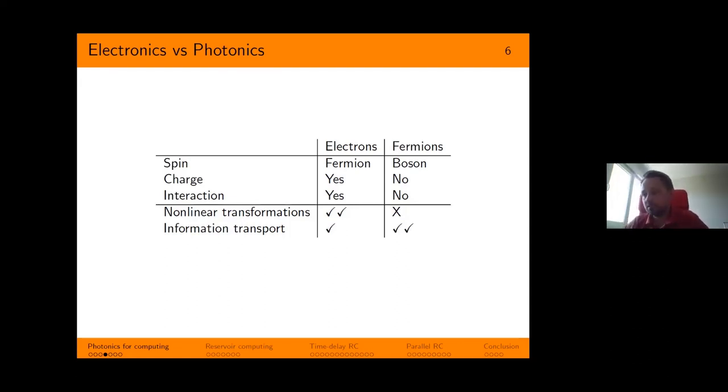So from this table, we may conclude that neither electronics nor photonics are actually perfect for computing. Judging from the past, electronics and photonics remain locked somewhere between synergy and competition. Actually, the first books on optical computing were published in the early 1970s, and we all know that now electronics is the big winner. However, this decision is strongly biased towards the Boolean logic and the serial architecture used commonly for